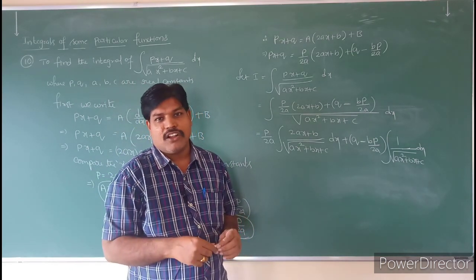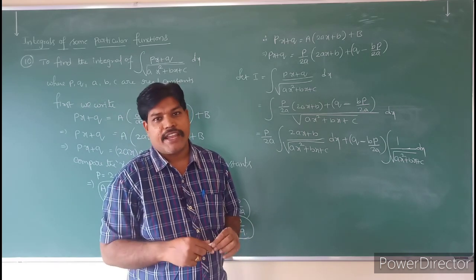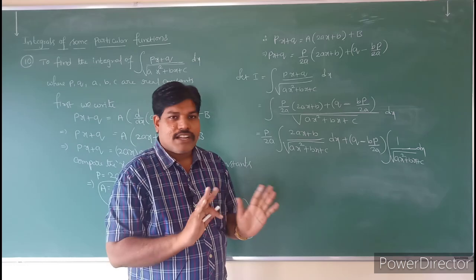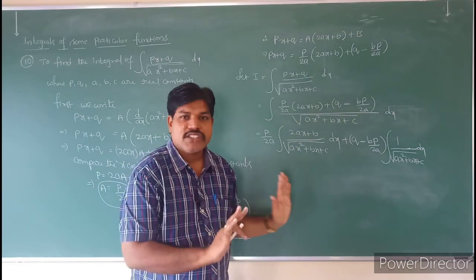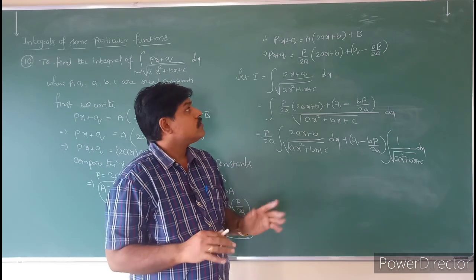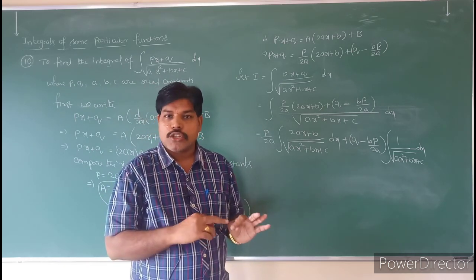That is to find the integral of dx by root of ax square plus bx plus c. I have already given the 8th one. So the difference between these two is only the under root value, so the problem is the same. See, these are the model problems. So 7 and 8 both are the same.